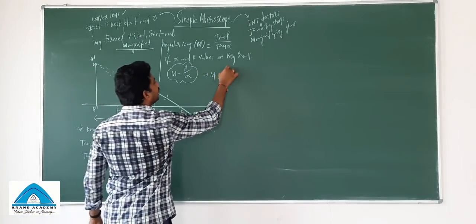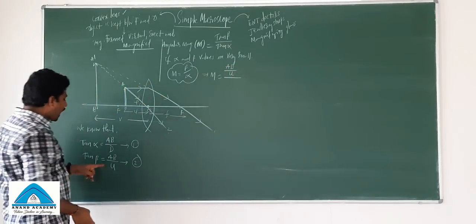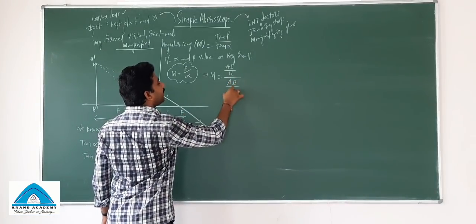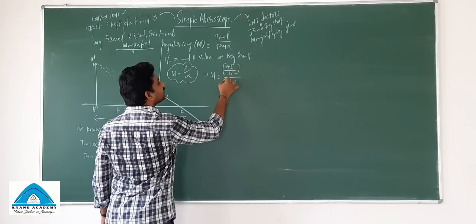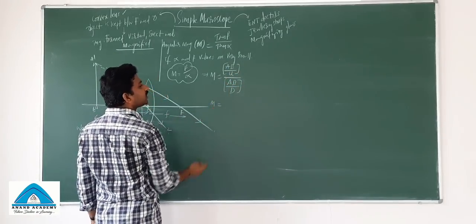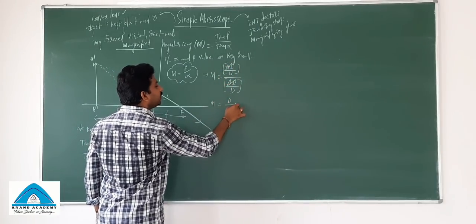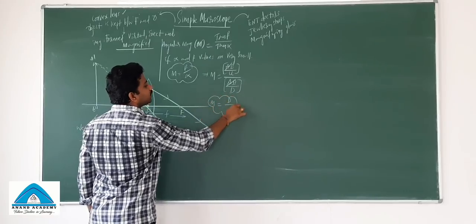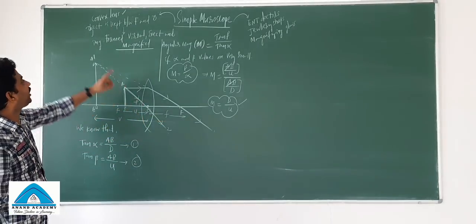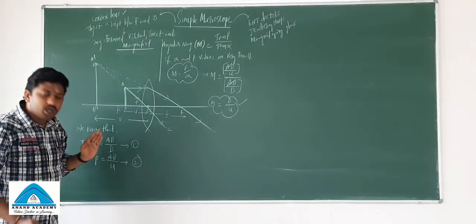AB by U, right? So beta value is AB by U divided by alpha value, which is AB by D. So AB divided by D. So this is the magnification concept here. So what you have got, M is equal to, here AB gets cancelled, and D by U. So the magnification is this. This is the basic formula of the magnification of a simple microscope.